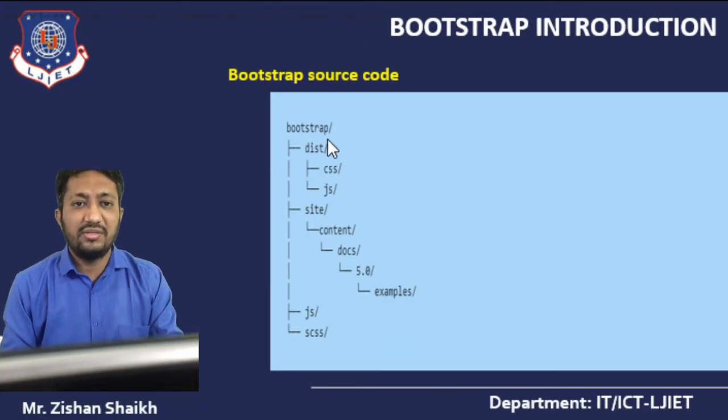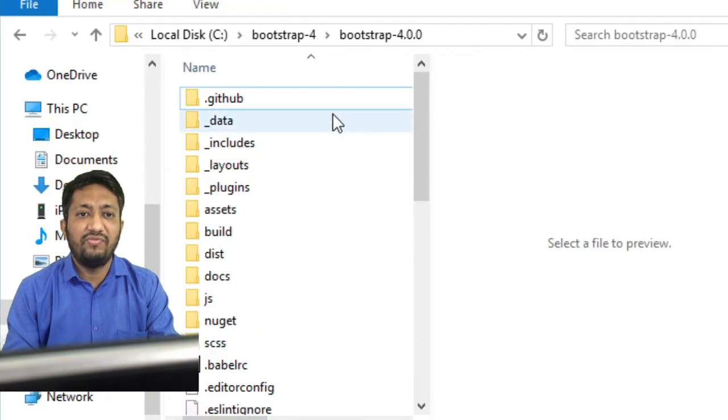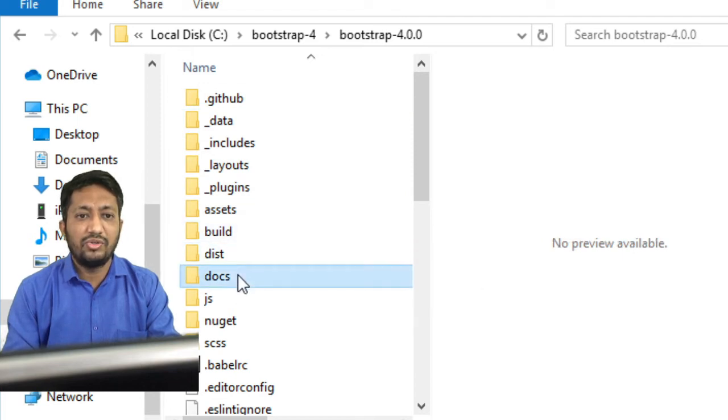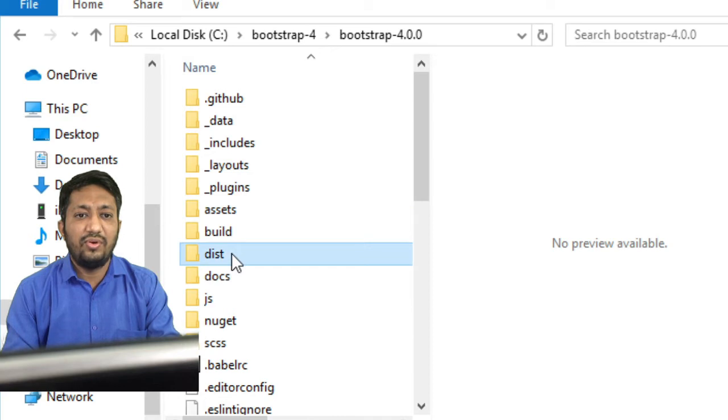I have already discussed that Bootstrap has the folders dist, docs, JS, and SCSS. Let's see all the directories in our Bootstrap folder. In this folder you can see the dist folder, the docs folder, the JS folder, as well as the SCSS folder. These folders are useful right now.